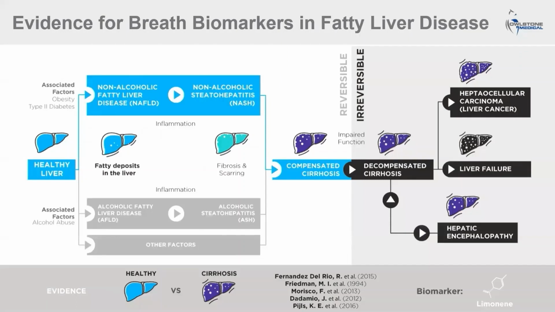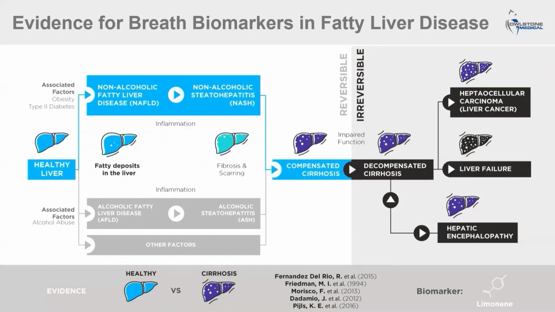A review of the literature has found a handful of studies that compared the breath VOC profiles of cirrhotic patients with that of healthy volunteers. In general, these studies reported mostly non-overlapping biomarkers on breath, with the exception of the volatile compound limonene, which was elevated in cirrhotic patients. This caught our attention because limonene is a molecule of dietary origin, typically found in citrus